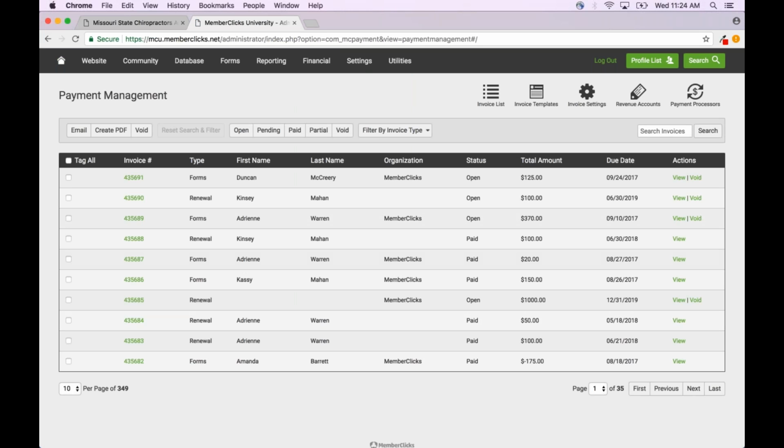So this is what this invoice list will look like as invoices are populated. Anytime an invoice is created, forever and ever, it will always be housed in this invoice list area, if it's open, paid, voided, whatever the status may be. So obviously over time, you're gonna have a ton of invoices in your system. We've made it easy for you guys to search your invoices